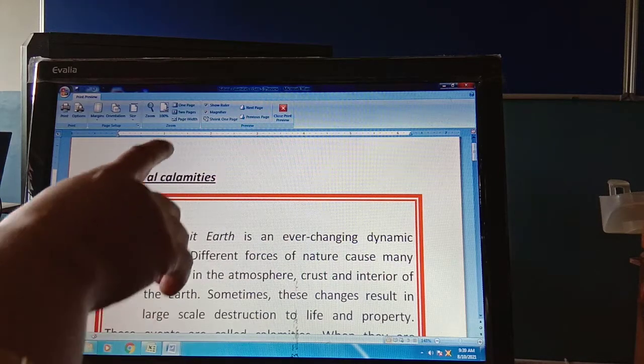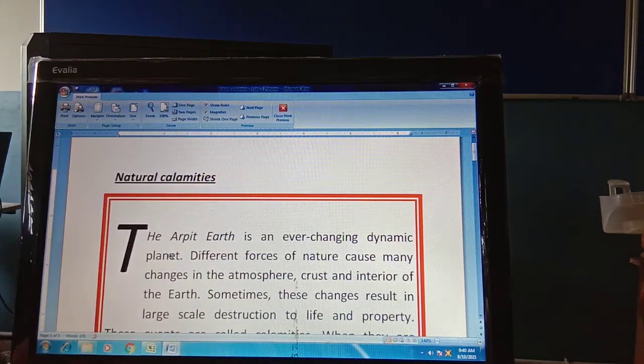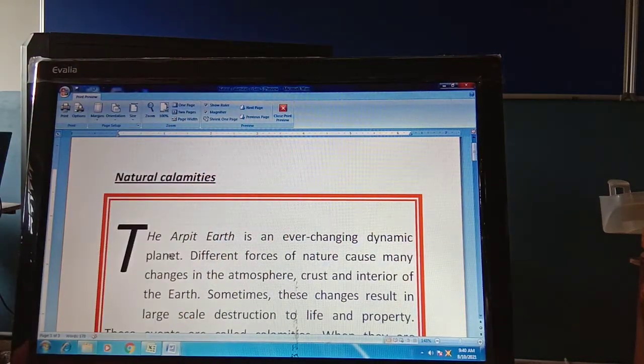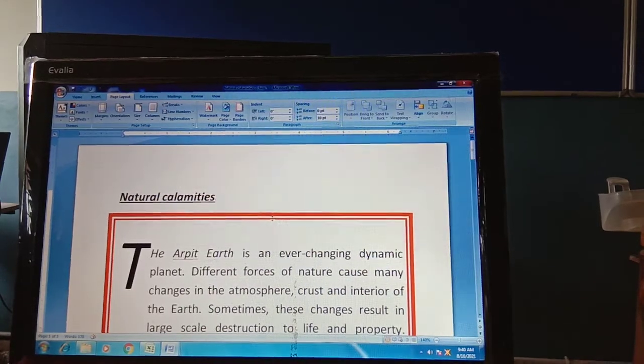So the different views of your page are 1 page view, 2 page view and page width view. Okay, in these type of views you can see. So these are the options that I have to explain you, that is very important in print preview. So let's close this print preview, come back to the document.